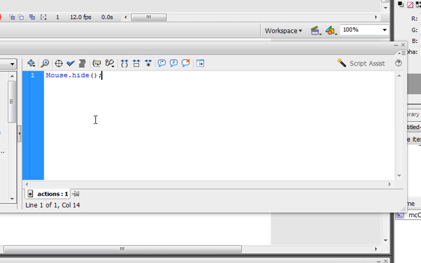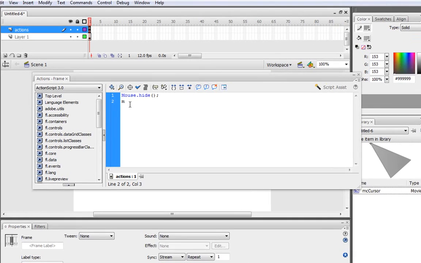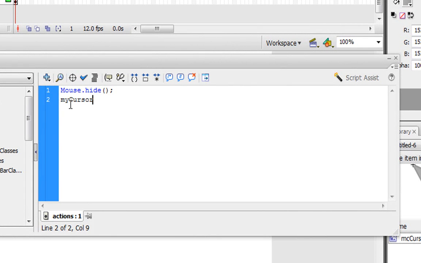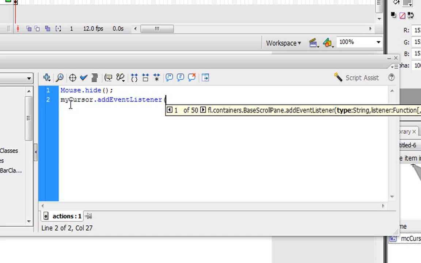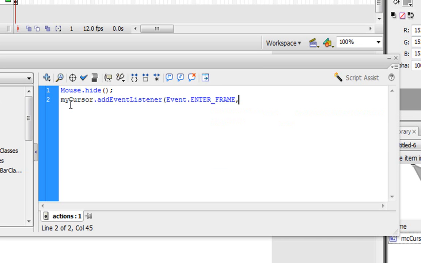Now the next coding is going to be far different. So press enter and brace yourself for ActionScript 3. Type in myCursor, which is the instance name we gave it, .addEventListener(Event.ENTER_FRAME, newCursor);